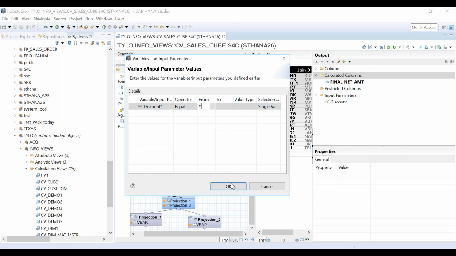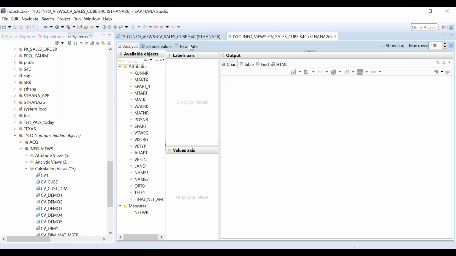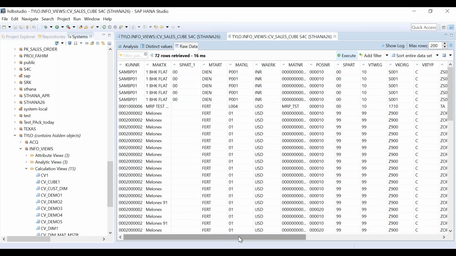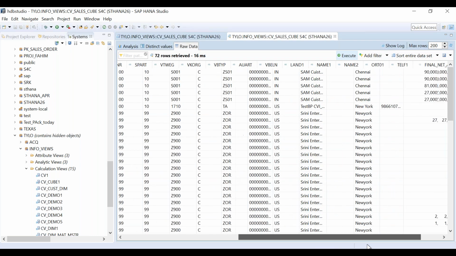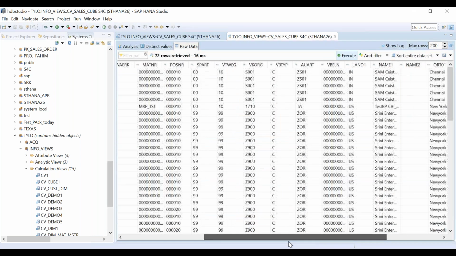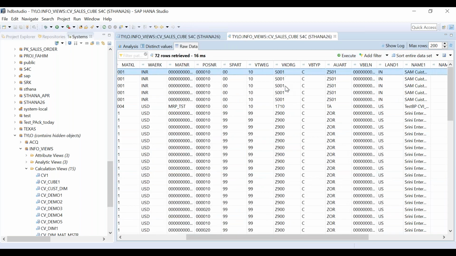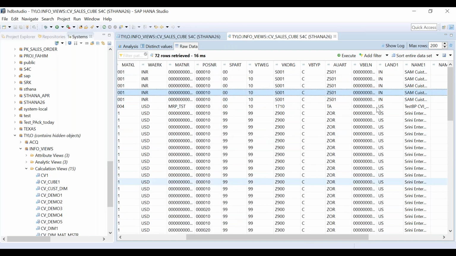Y. Okay, raw data. Now you see here what kind of filter we can do. What are the things you have here? VKORG. You have sales organization, right? Right at the middle, if you can see, this is VKORG, which is sales organization.